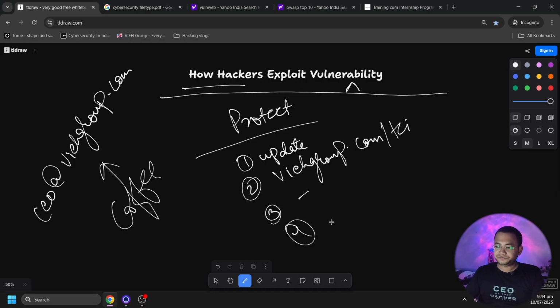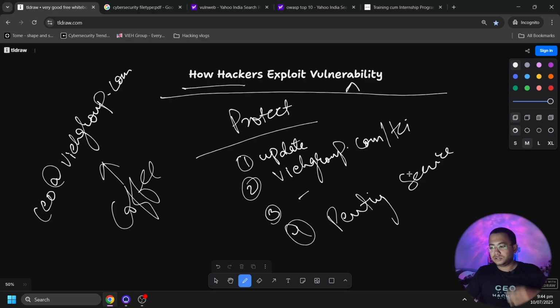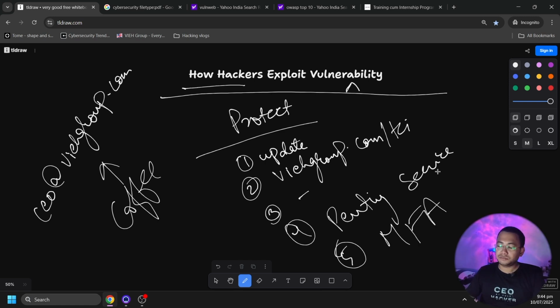Regularly take pen testing services, so that they will find out the vulnerabilities you have in the system. And there should always be MFA, multi-factor authentication, which means if your username and password have been leaked, right? If I'm using Facebook, my username is 1234 and password is 1234. If someone logged in, then what to do? This is very common. So there is one more method called MFA, multi-factor or two-factor authentication, where after login you will get an OTP that you need to enter, and then you will get logged in. This is widely used.